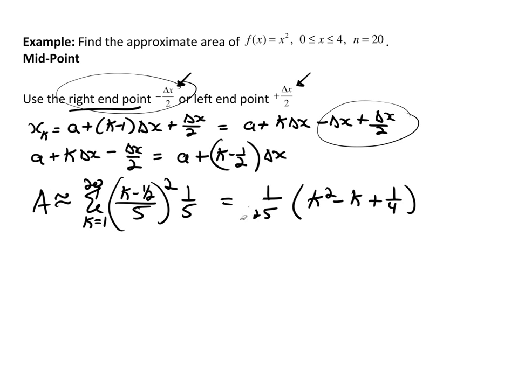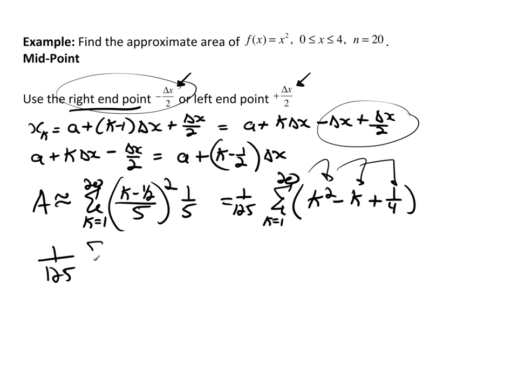Sorry about that. I forgot my summation. I still need this summation, k equals 1 to 20. And again, if I break this up piece by piece and bring that summation through, I'm going to have 1 over 125 times the sum of k squared. We've done that a couple of times. That's going to be, in this case, 20 times 20 plus 1 times 2 times 20 plus 1 over 6